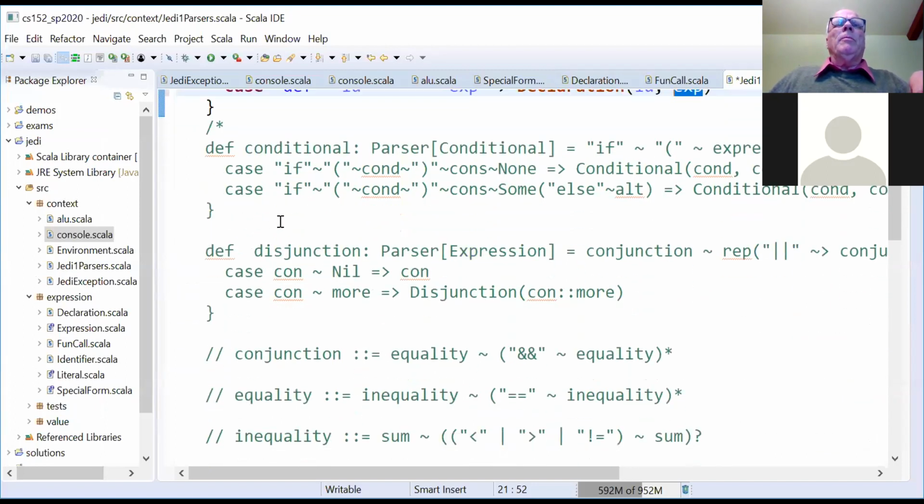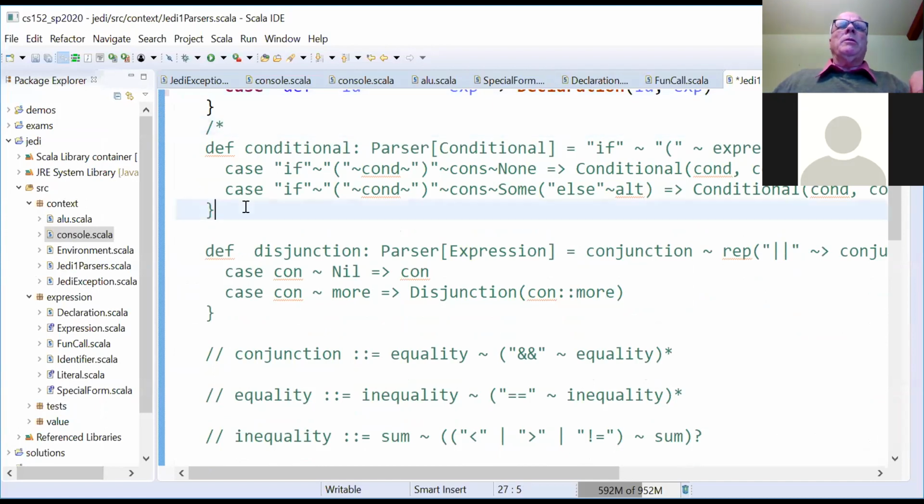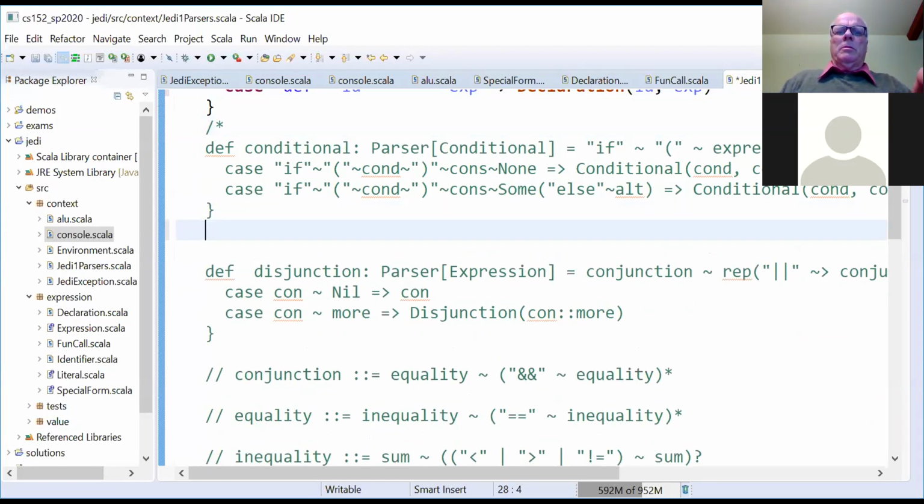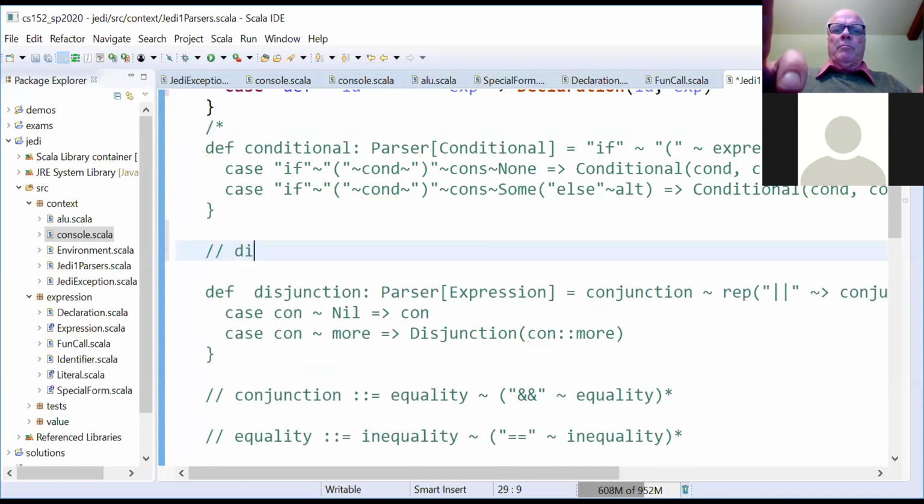I'll type it in here. So for me, a disjunction is one or more conjunctions followed by, so this would be